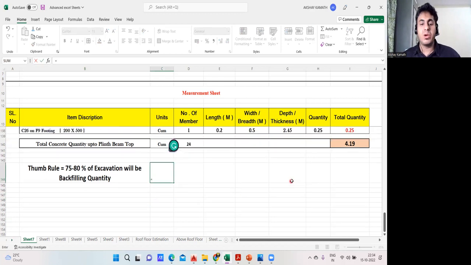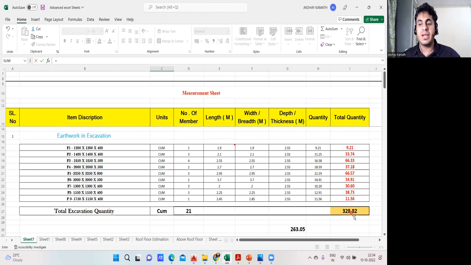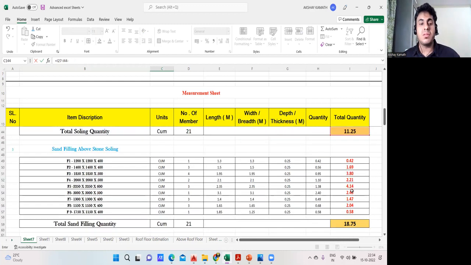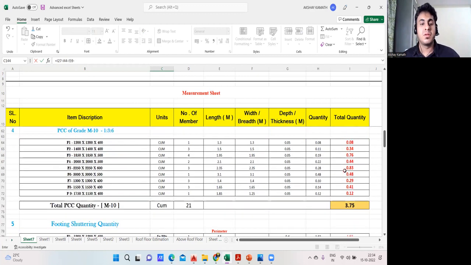Equal to sign. What is my total excavation quantity? My total excavation was 328.82 minus, I've done a minus symbol here. So in this, I'll take out my stone soiling quantity. Minus, because that is already filled, no soil is going to go there. Minus my sand filling quantity 18.75, minus my PCC quantity,